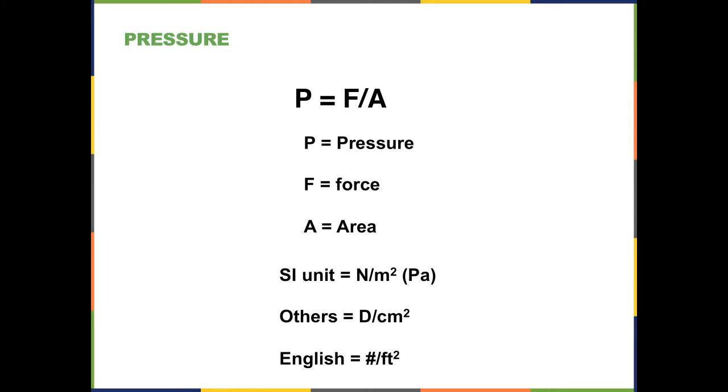Others that you may see include dynes, which is what the D here stands for, and dynes are grams mass times the acceleration of gravity in centimeters per second squared. So it's grams times 980 centimeters per second squared, and that's what a dyne is. And so dynes per centimeter squared is an attempt to keep the units consistent with each other. And then the English here have it right this time because it is pounds, because that's a force unit, per